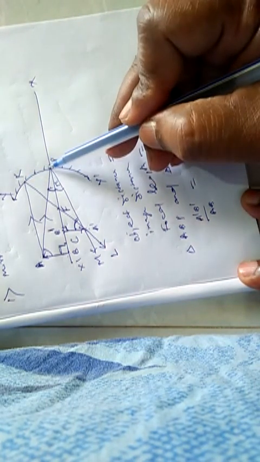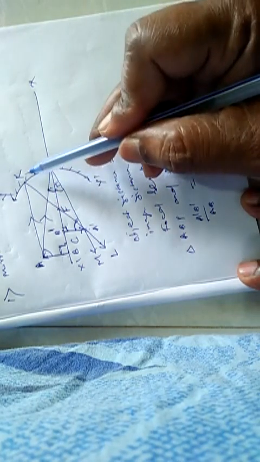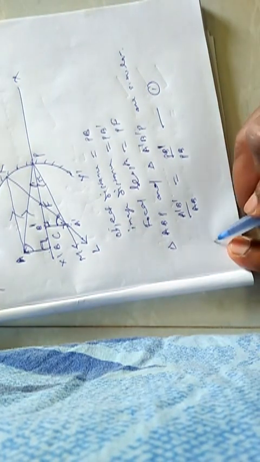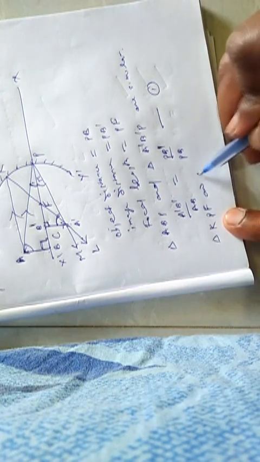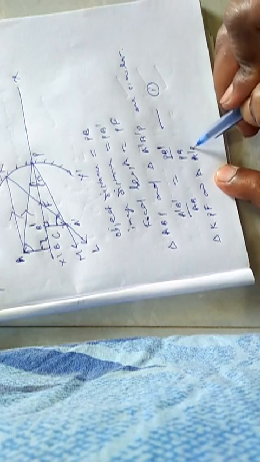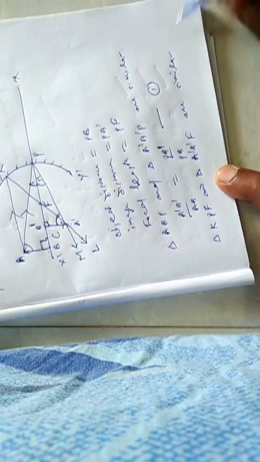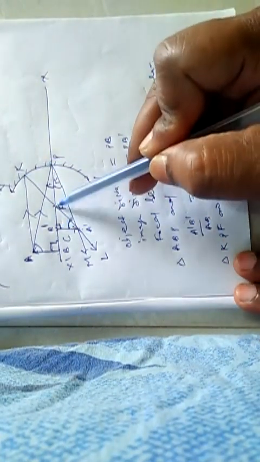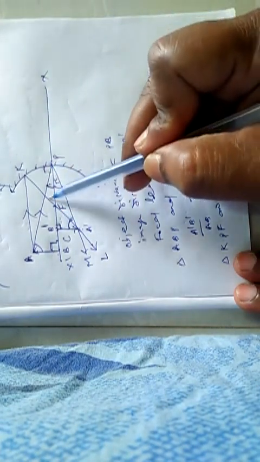Since K point is very close to P point, we can take KPF as a right angle triangle. So we can write triangle KPF and triangle A dash B dash F are also similar. At KPF and A dash B dash F, this angle is 90 degrees, this angle is 90 degrees, and both are opposite angles. That is why both the triangles are similar.